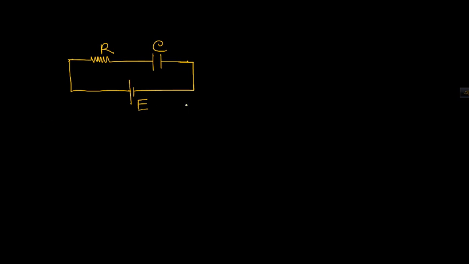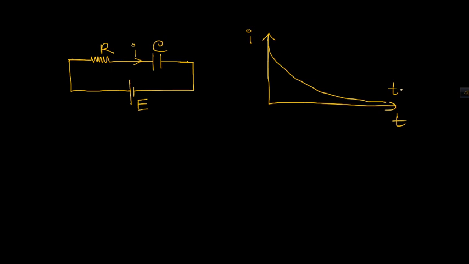Okay, so in this video we are going to learn this RC circuit. We will connect a battery with this RC circuit, whose EMF is E, and we will derive an equation. Then from that equation we will obtain a graph of I versus time graph, and we will see that the current across this resistor and capacitor will exponentially decay, and theoretically when time is infinity the current across this capacitor